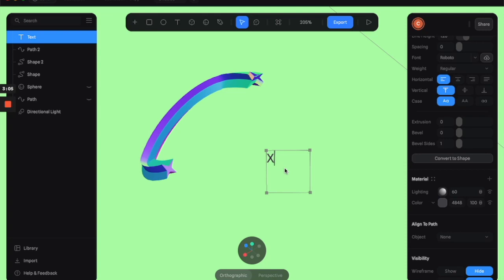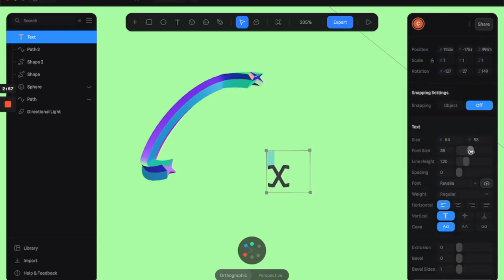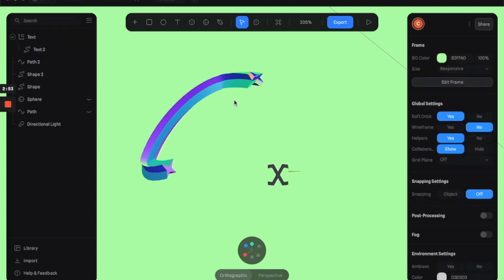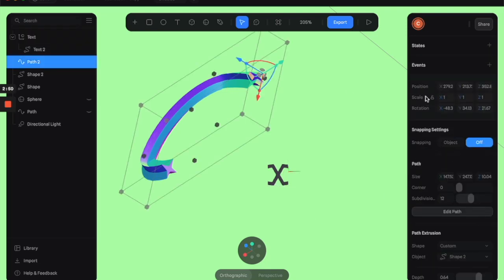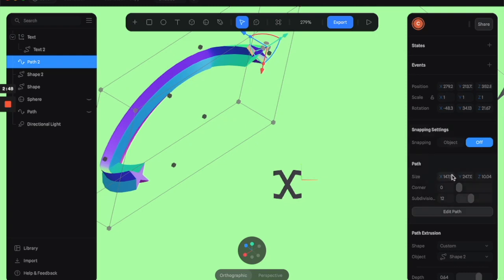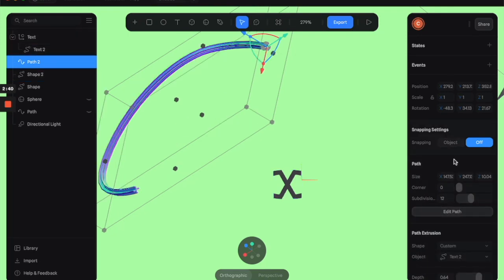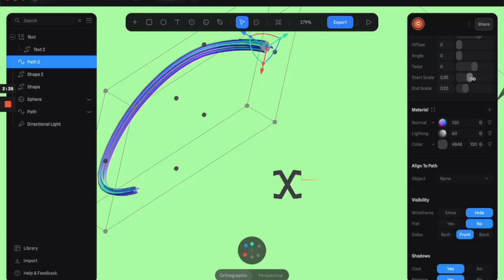Say we make an X. Find a cool font that you like, make it a little bigger, and then convert that to a shape. Then you can take your 3D path and make it into the shape of your text, which is a pretty cool little effect,